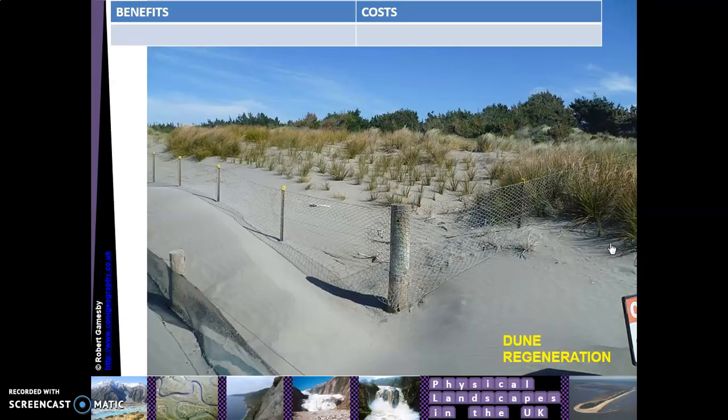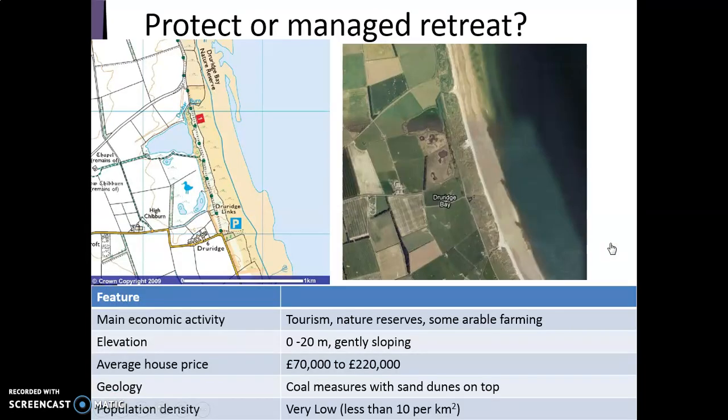It's important to understand these processes because sometimes in exams you are asked to explain which thing you think is best. Is it hard engineering? Is it soft engineering? Is it dune regeneration? Is it sea walls? And you need to do some decision making. And so the next few slides are just some decision making activities, and also to show you different coastal features